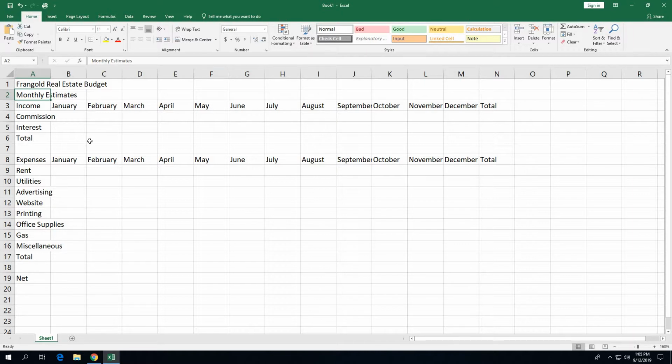And when you notice a mistake in one of the cells in your worksheet, like I did, just go in and edit it up here on the formula bar. Just click on the cell that you want to edit and then go up to the formula bar and make your change. Alright, so we've got that done. We've got all of our titles typed into our worksheet. And our next step,